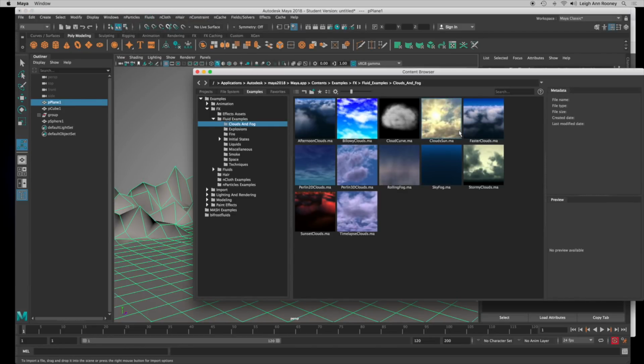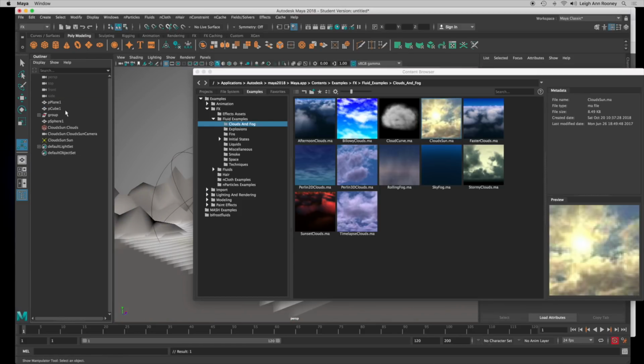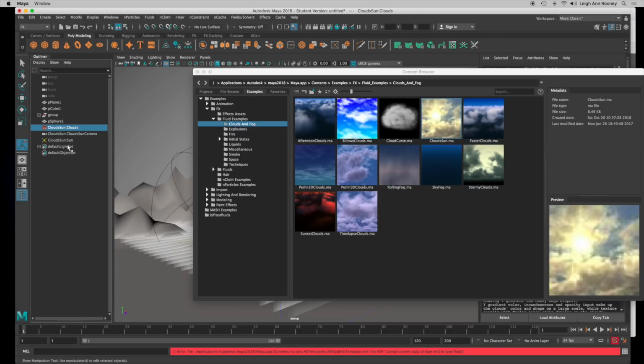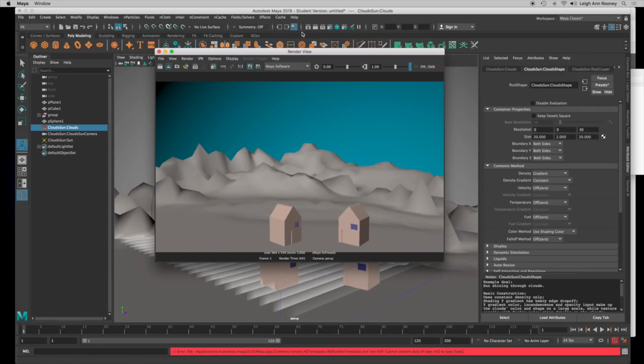And all of these are built into Maya. So you can pick one and you can just click and drag it in. And you can see in the outliner here, it created its own camera, it created a sun, which is a light, and it created the actual clouds. So I'm gonna close out of this. But if we look at the render right now,